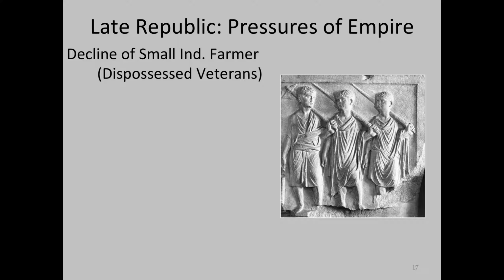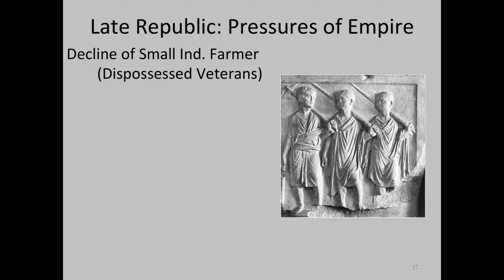Basically, these small independent farmers, who were the backbone of the Roman army during these wars of expansion, were being called away from their farms for longer and longer periods of time to fight. Typically, they fought in the summer but returned to their families in the fall for the harvest. But now, with the wars of expansion, these soldiers were being called away from their farms for longer and longer periods of time, and sometimes for 2/3 of their adult lives.